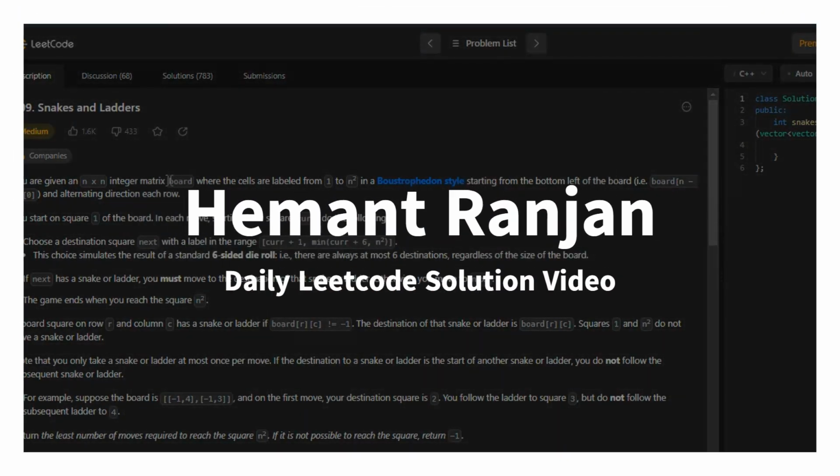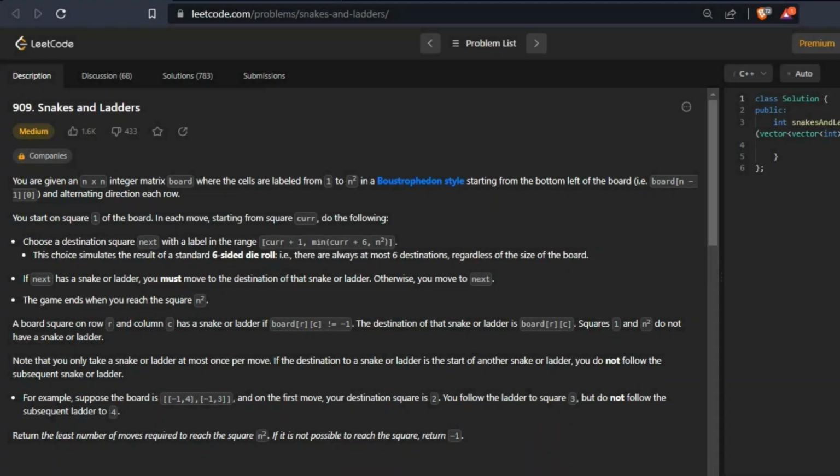Hello, in today's daily LeetCode challenge, the question is Snakes and Ladders. So here we are given an n by n integer matrix board, where the cells are labeled from 1 to n square in boustrophedon style. The game which we have played in our childhood, that is Snakes and Ladders, is represented on the board here,